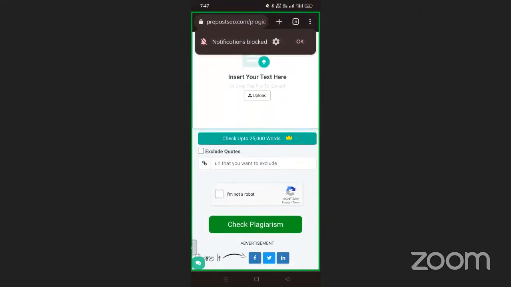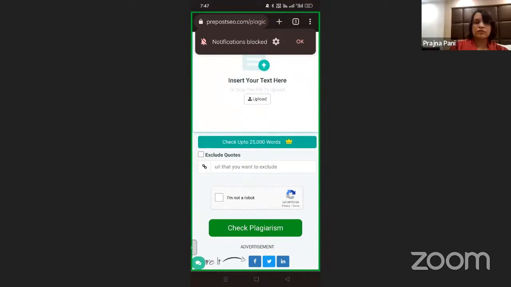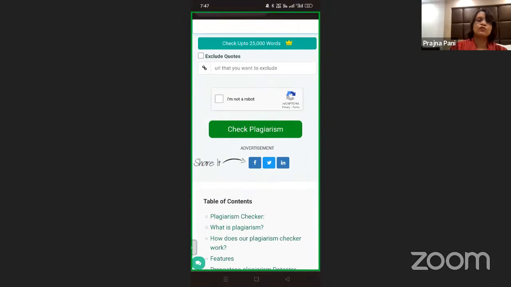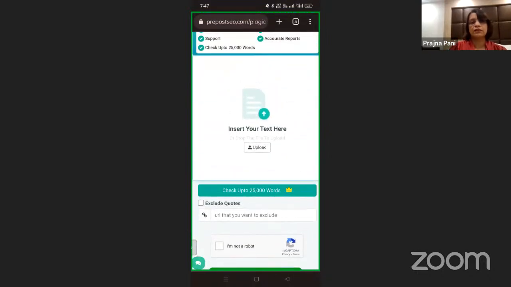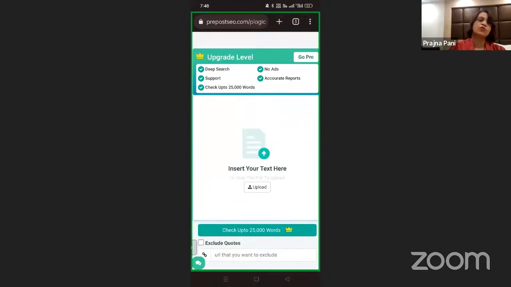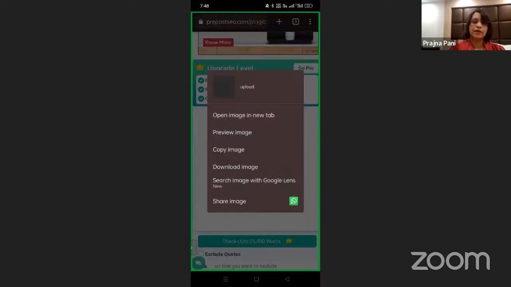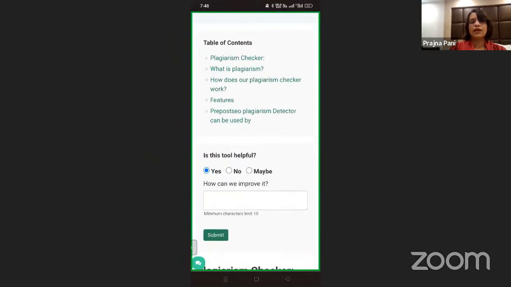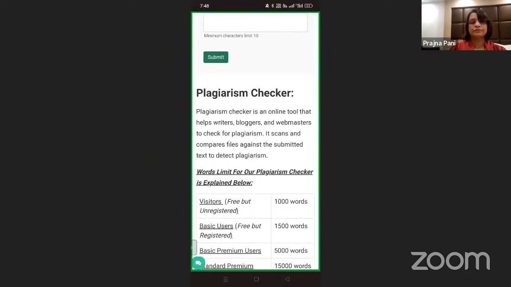See, do not depend on these plagiarism checkers, because you will not get the 100% correct results. These are only suggestive. Turnitin is the best. So use these things. If you need any help in paraphrasing,